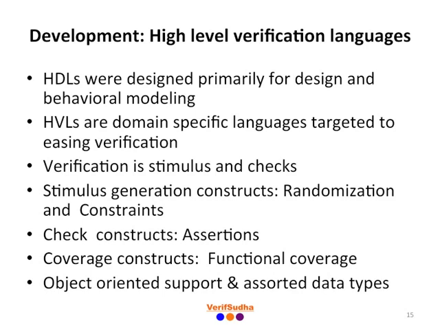As we have already seen, verification is about stimulus generation and response checks. HVLs provide constructs for easing the stimulus generation and checks implementation. Stimulus generation is significantly eased with the help of randomization features and constraint constructs. Randomization features allow the generation of pseudo-random values. Uncontrolled randomness would not have been much useful. Constraints allow a way to control the range of randomization.